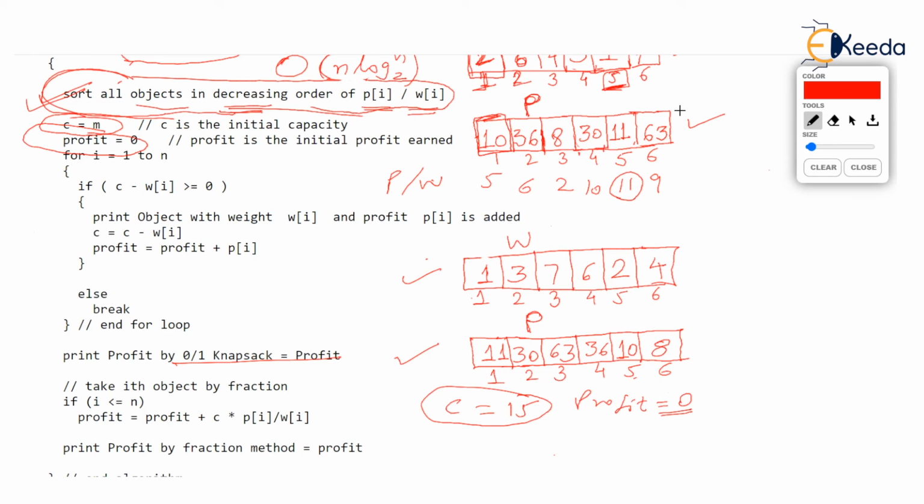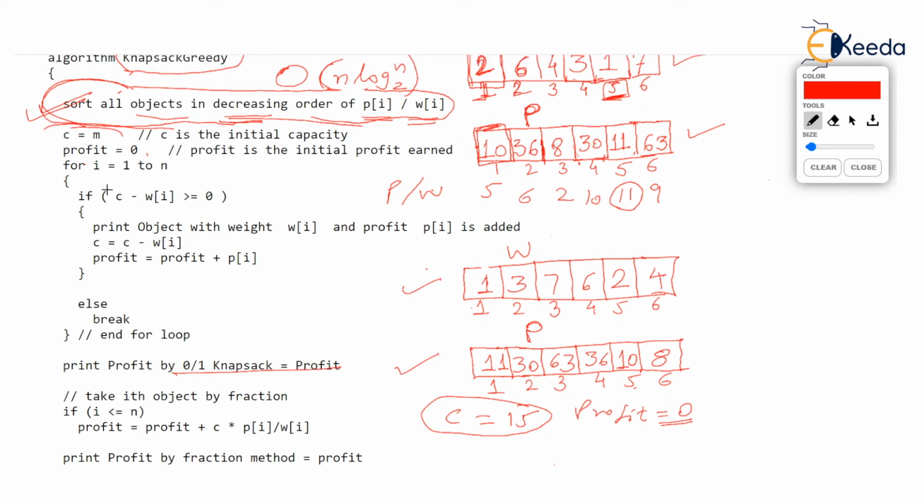Let's see. Now what we do is, we start a for loop in our algorithm. Now this looks very surprising for many students initially. Observe, the for loop has been written in such a way that it seems that we are going to take all the objects. We have written for i is equal to 1 to n, and n is 6 here. The number of objects is 6. And this for loop assumes that all the objects are going to be added. That's very, very optimistic in our case.